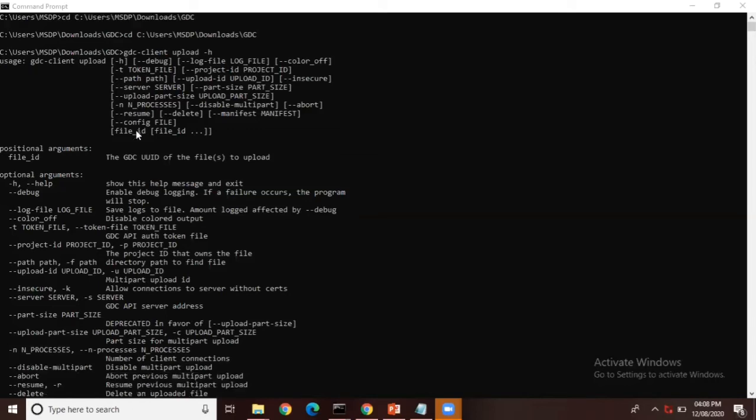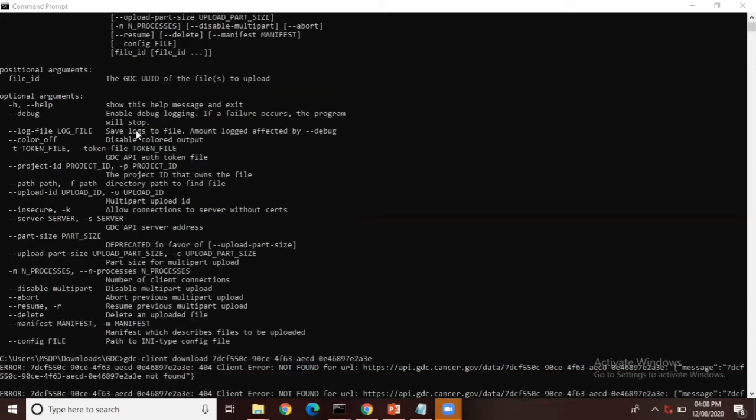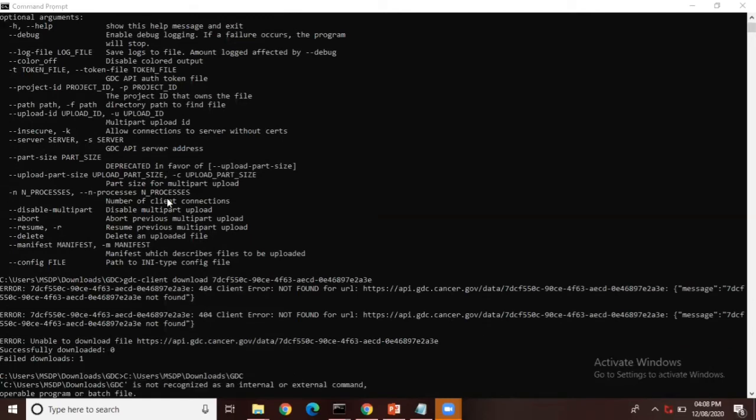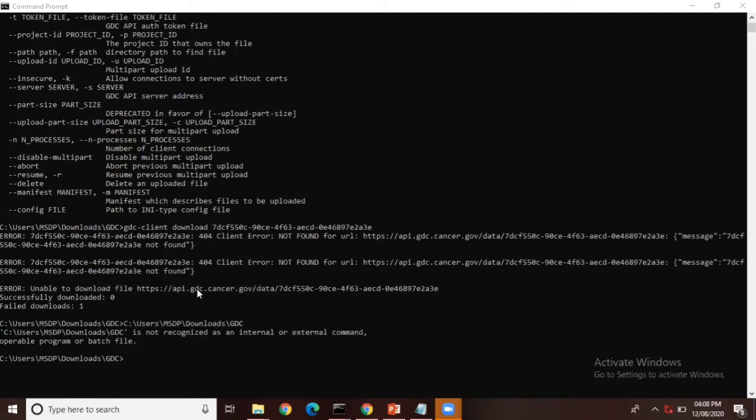And after that, if you want to download the data which has only open access, you have to provide the UUID. So how will you provide that ID?